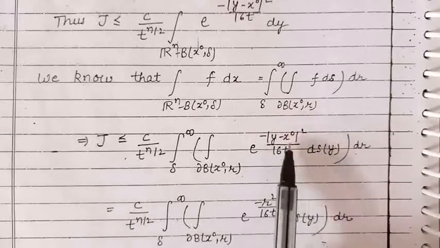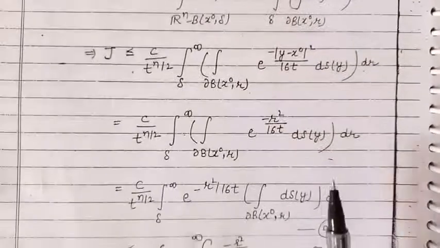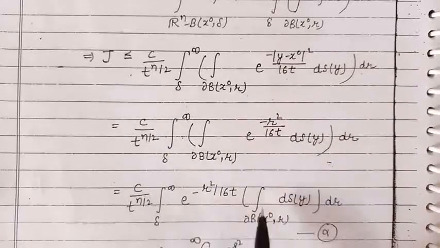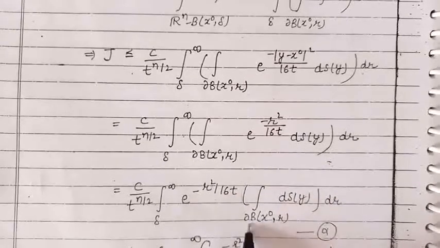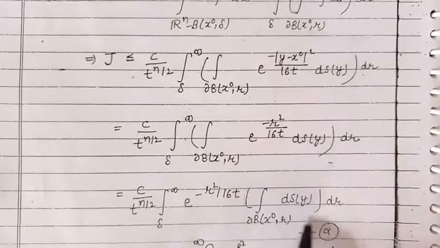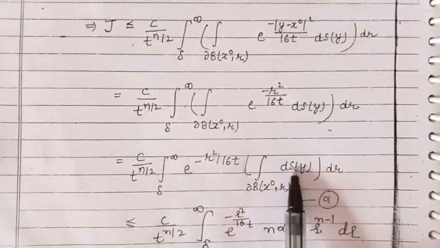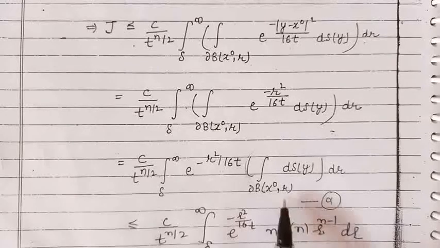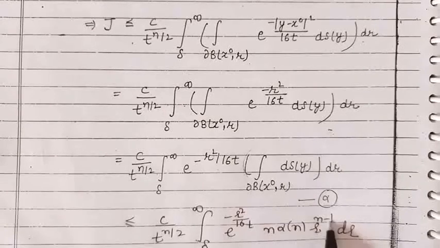Now mod y minus x naught is r, so putting the value here, this term can be taken outside of this integral, and inside we are left with the integral ds over the sphere with center x naught and radius r, and this is the surface area of the sphere with center x naught and radius r,